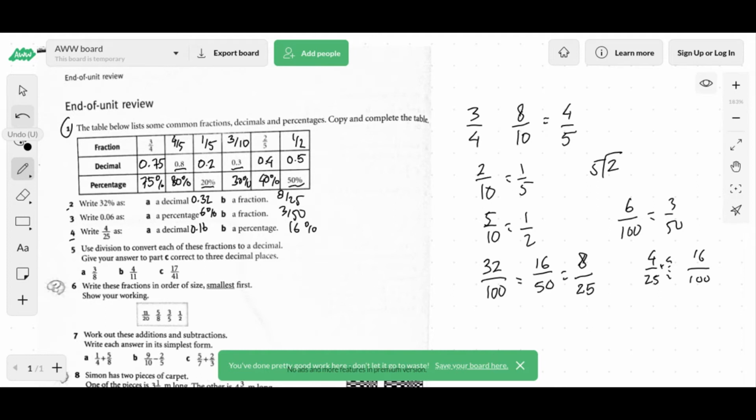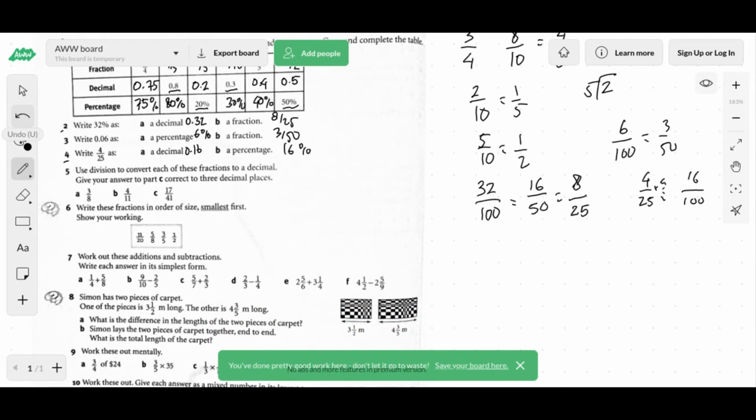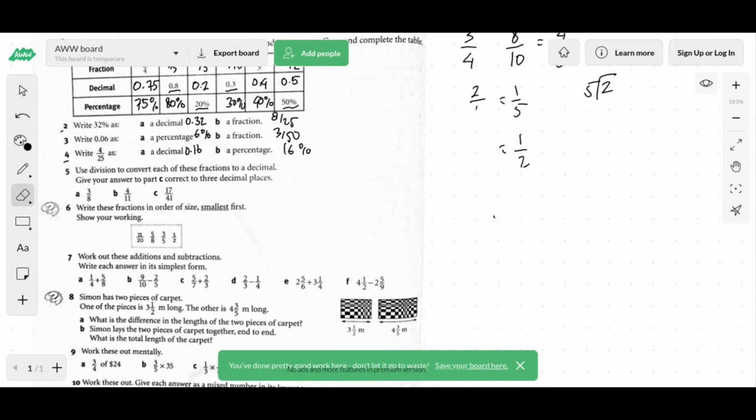Now question number 5, you need to use division. So you need to have good division skills. In the first part, 3/8. You can do this one normally. Since you cannot divide them, you add 0 point. This is becoming 30. After that, it will be 3, right? 24. This is becoming 60. And then it will be 7.